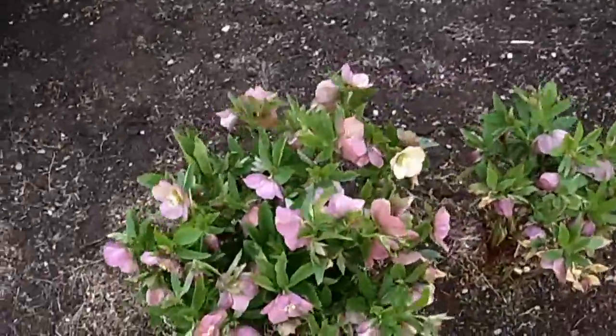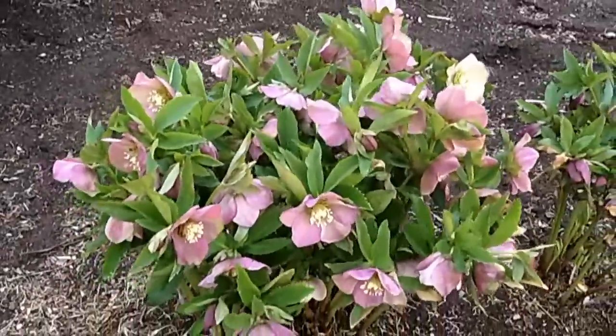It is April 2nd, folks, and this is a Lenten Rose in full bloom, and it's been in bloom for